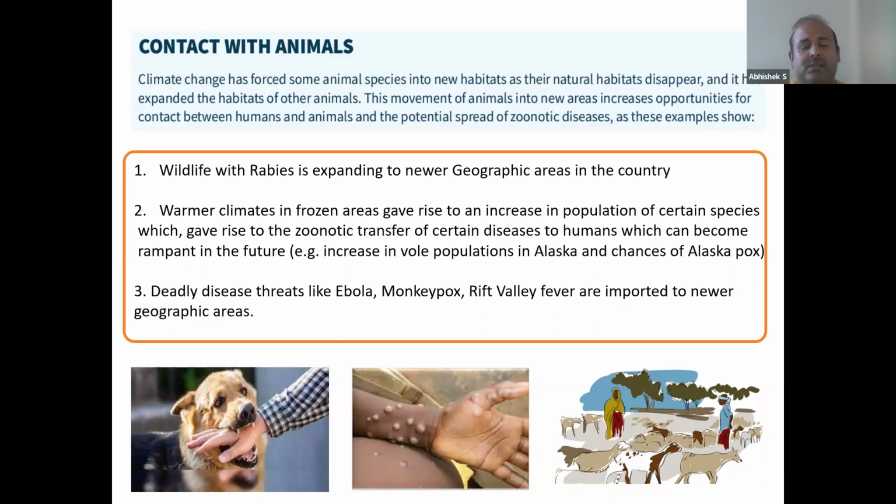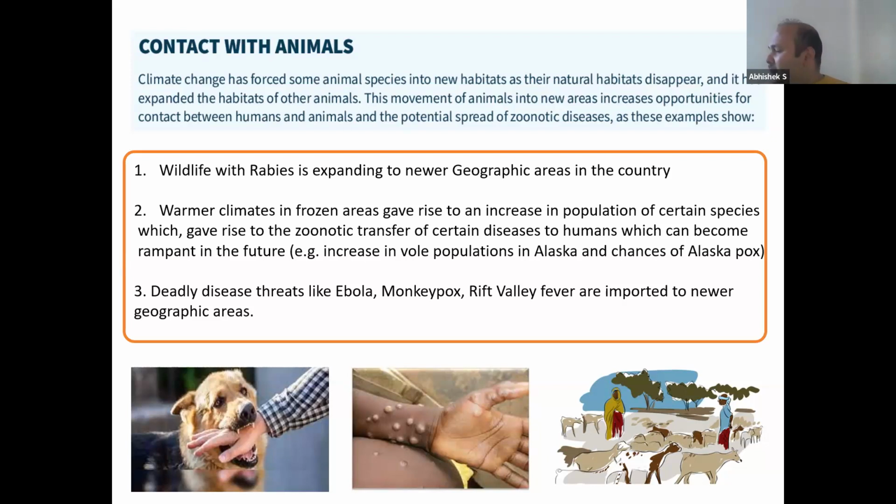But due to this increased temperature and climate change, the natural habitat of those areas is getting replaced by other kinds of animals which are not the original habitat of those areas, and the population increases of those animals are creating some zoonotic transmissions. And then you have some deadly threats like Ebola, monkeypox, Rift Valley fever, which are spreading to new